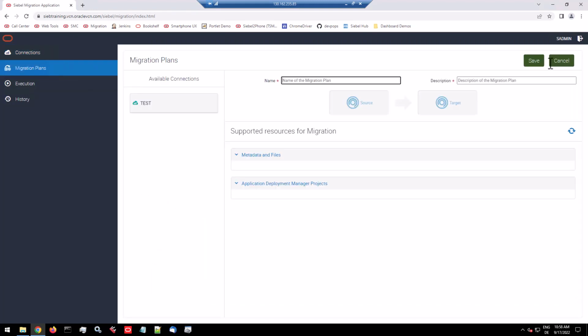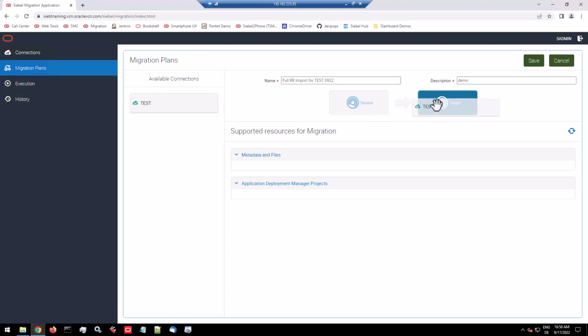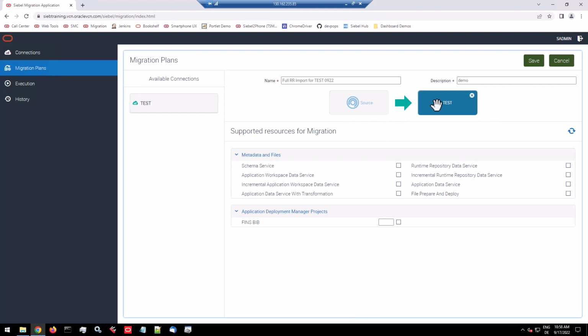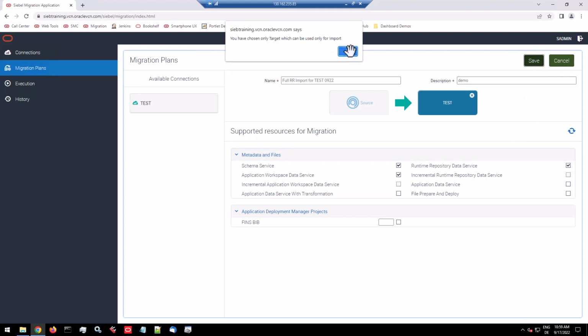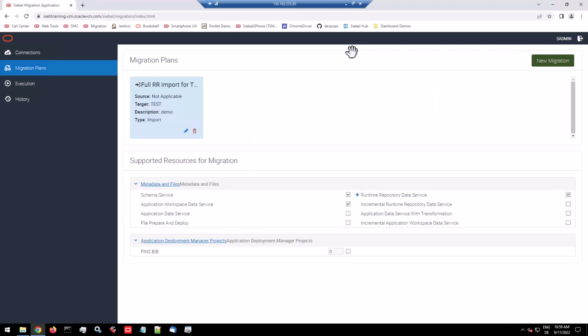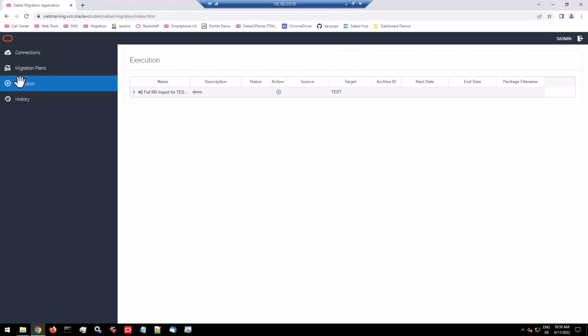There's no migration plan as of yet, so I'll create one, which goes by full RR import for the project, and test. The one connection I have in this environment is going to be the target. Now notice you can select runtime repository data service, but there's no choice of workspaces, etc. Because this is a target